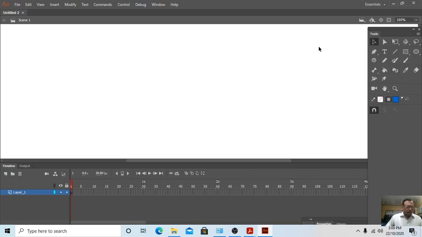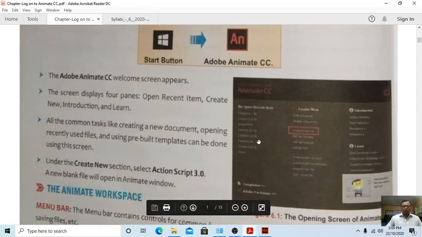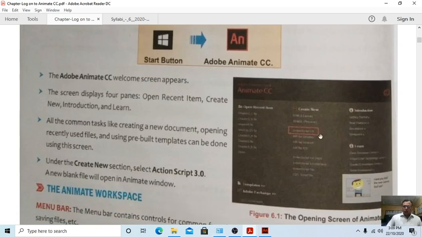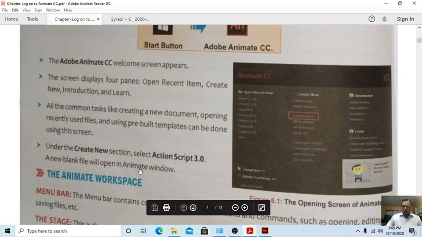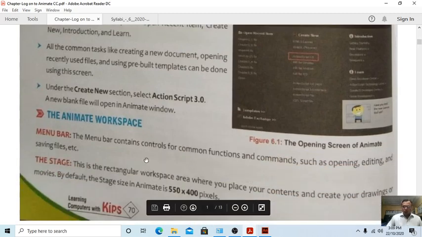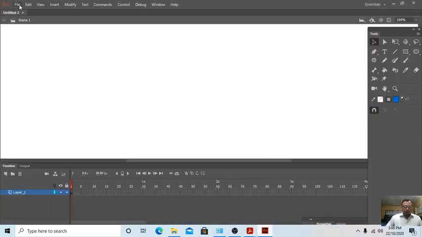Okay, students, now you can see on your book there is given here. This is the first time when you are opening, so this will come first. Animate script 3.0, a new blank file will open in the Animate window. Now many things are given. Animate workspace. Animate workspace, that means, students, you can see this is the Animate workspace. This is the space where we will do the work. Clear, students? Next one is